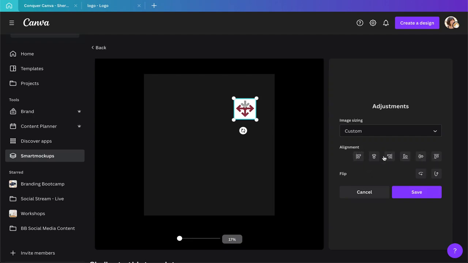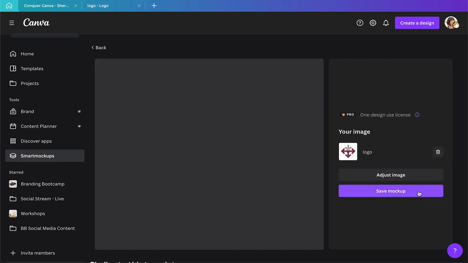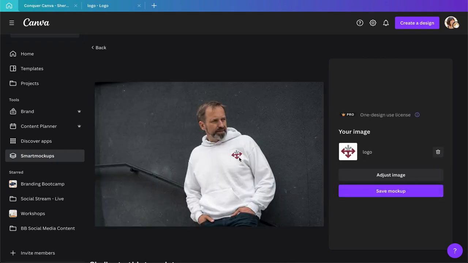You have alignment options here, all the way to the left, all the way to the right, or in the center. You can flip your designs if you want to, and then when you're ready, you just click Save. And then Canva shows you where that would be on your mockup, and if you like it, you can click on Save Mockup. If you want to move it around a little bit more, I'd probably move it a little bit to the left. You can adjust your image again, or you can delete it and start with a different